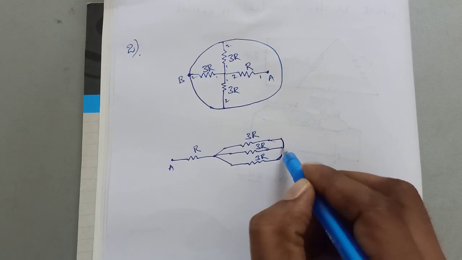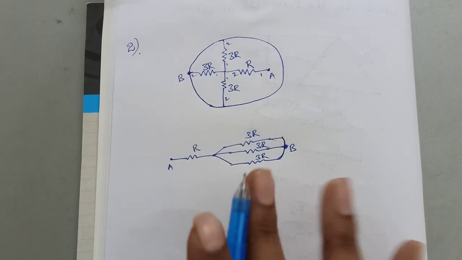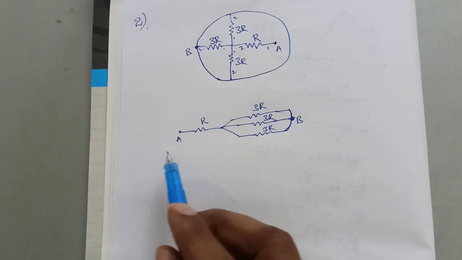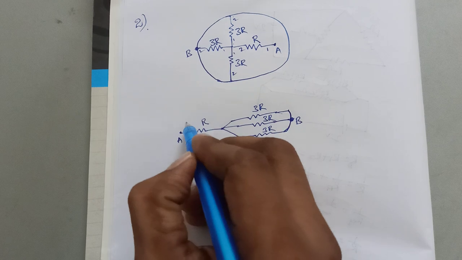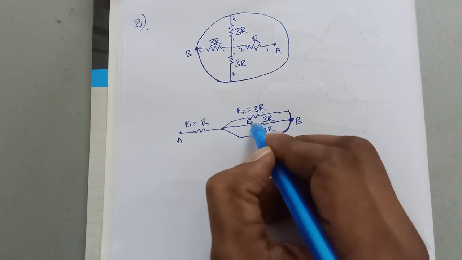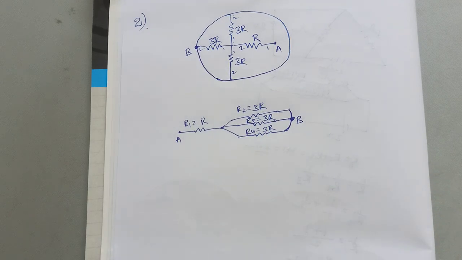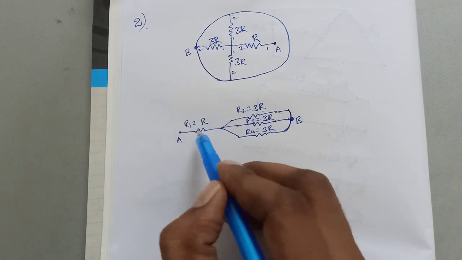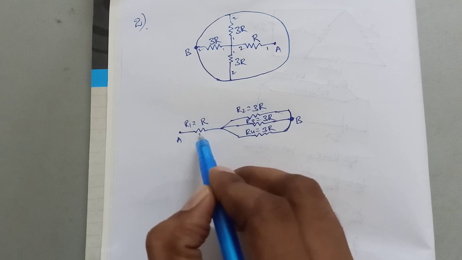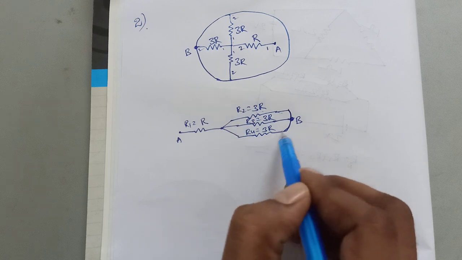Correct? Okay. At this point B we need to find out. It's a very easy circuit diagram. Now we can say that this is R1 and this is R2, R3 and R4. That's fine. First of all, this is very easy. This resistance R is in series with this total